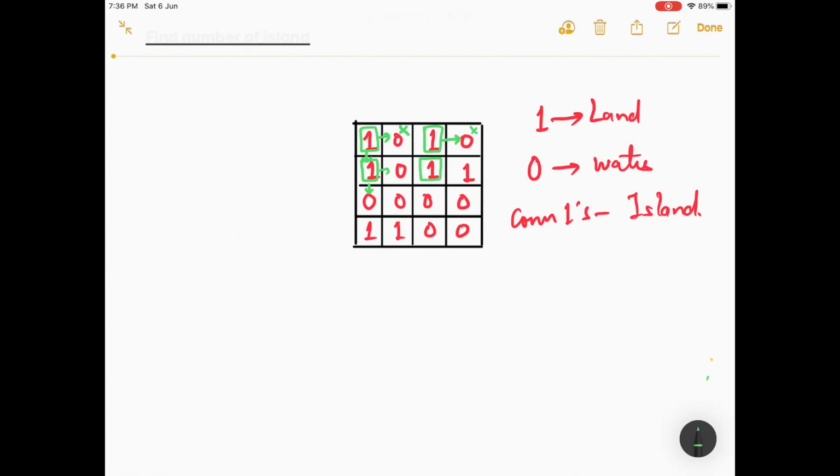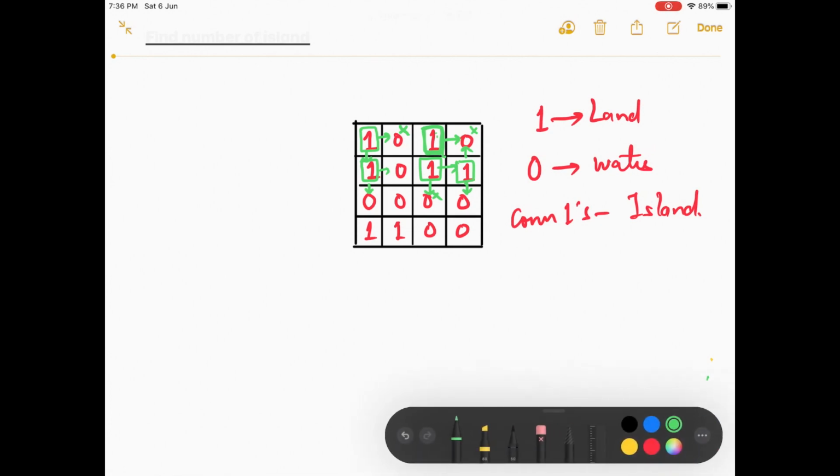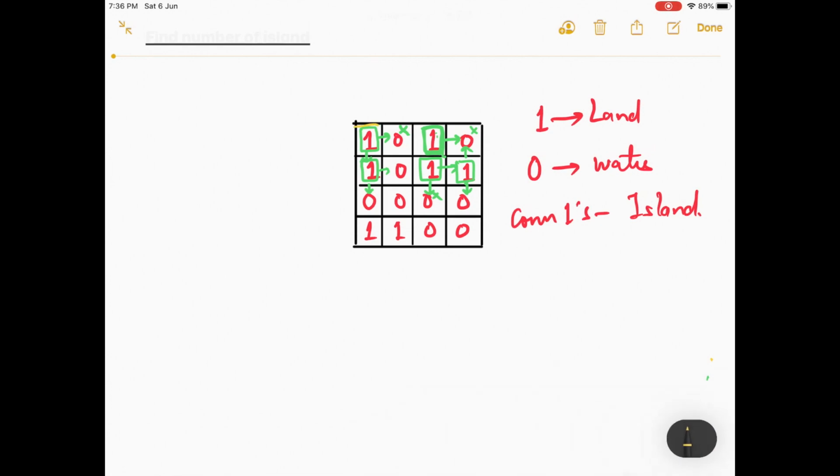And for this one there are two neighbors. This is the first one, so this is 1, and the neighbors for this are this and this. This is already visited and also a 0. This is also a 0, so I don't do anything. So I come back, I go to its second neighbor, which is 0, so I don't have to do anything. And then for this I come back to this particular element. So now when I come back, that's my island, right? Similarly for the first case, this was my island, and in this case these three were my island.